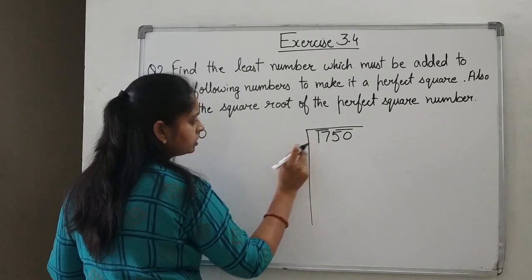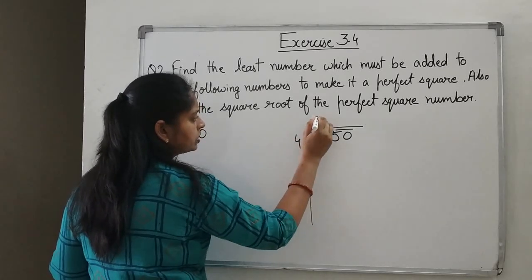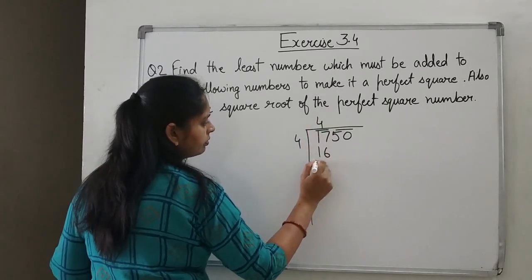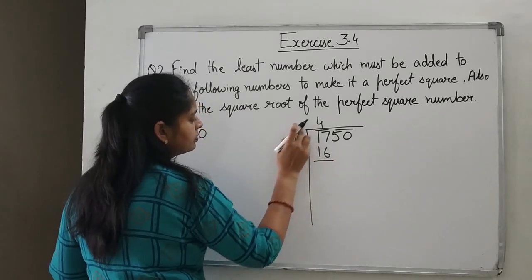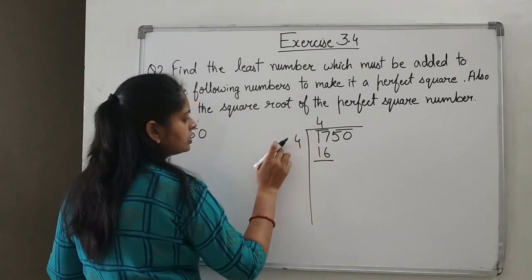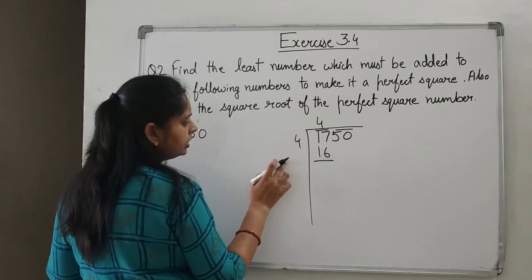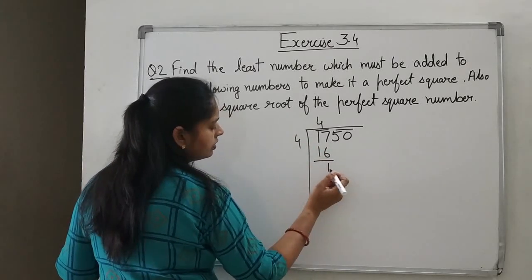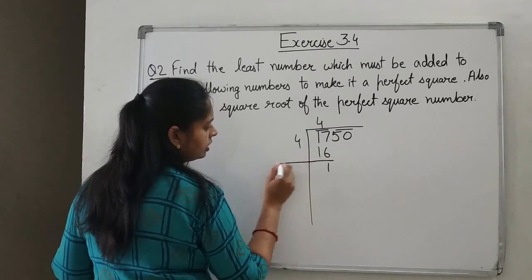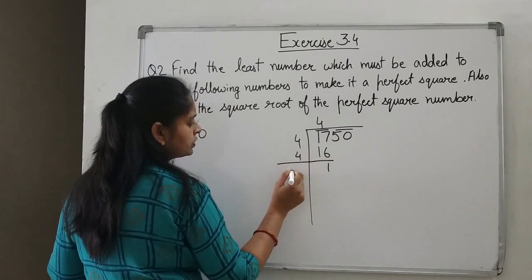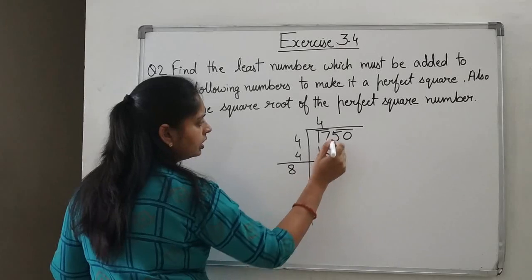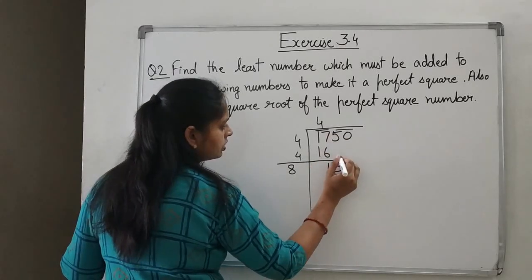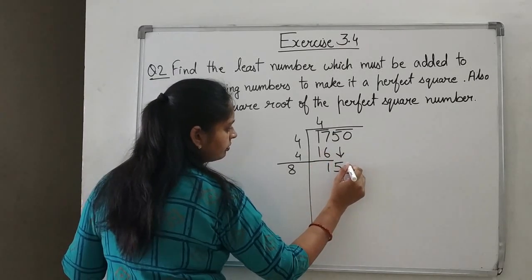So what will go? 17 is there. So obviously 4 4s are 16 will go. You know that the same term we have to take. 4 4s are 16, 5 5s are 25, 6 6s are 36. We cannot change the digit, right? So 4 4s are 16 will go. So one subtraction we have done. So we got 1. On the left hand side, 4 plus 4 will give you how much? 8. And here we got the next pair as 50.